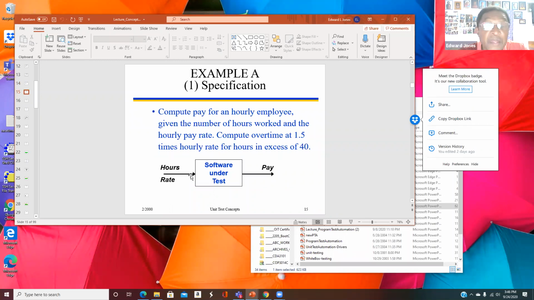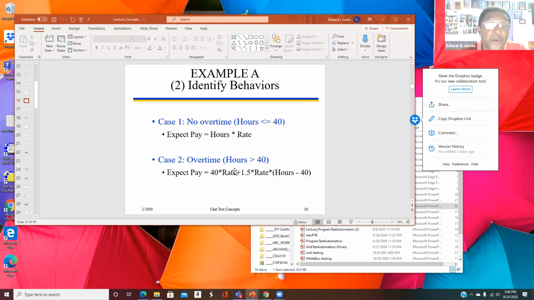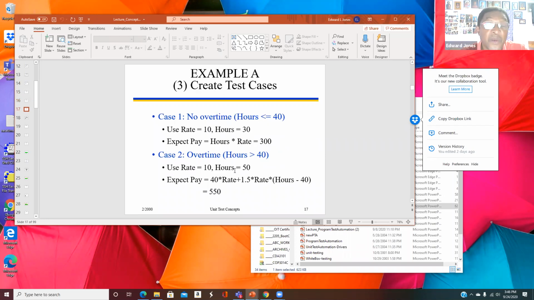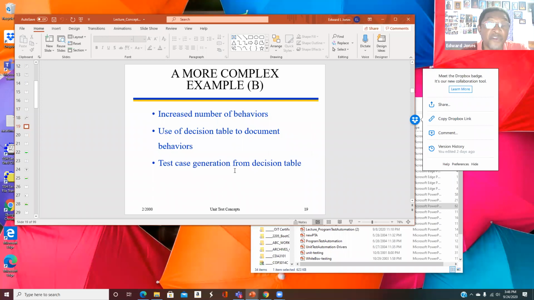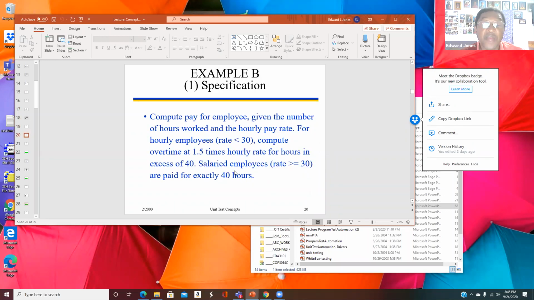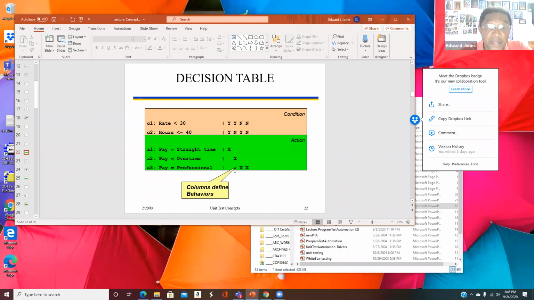Here's an example, and this is the very same example that you see in the decision table. The spec is pretty simple. We did this last time. The spec is simple, and we said there were two cases, overtime, not overtime, and we're going to create some test cases. This is how we did it last time, all right? This time, we're going to take another version of this. This time, you've got hourly employees, salaried employees, and all that. We did this last time. But then we ended up by saying, let's have a decision table